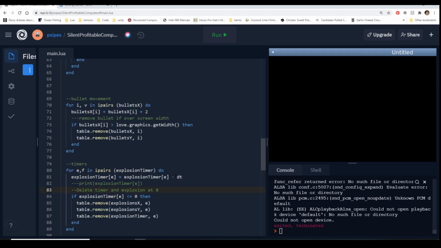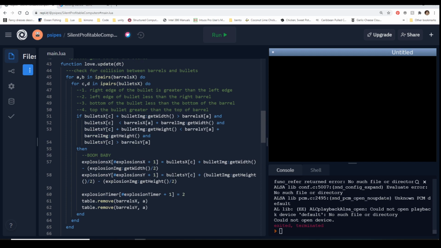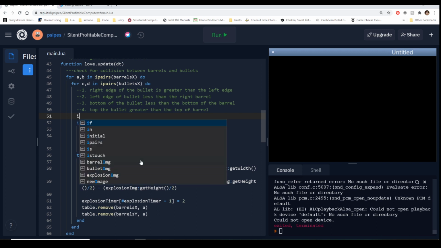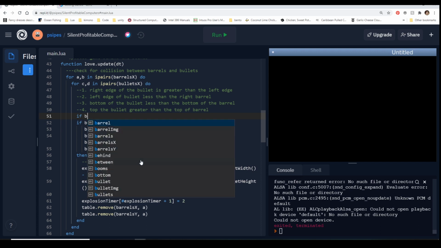So you have to make sure that you're checking. So we have to add a loop here. One more if statement. I say a loop, but it's an if statement. So before we check for the collision, we want to make sure that both that barrel and that bullet that we're checking still exist.